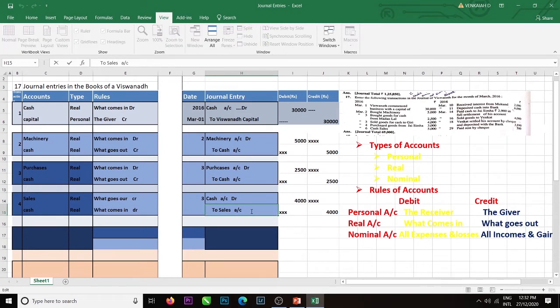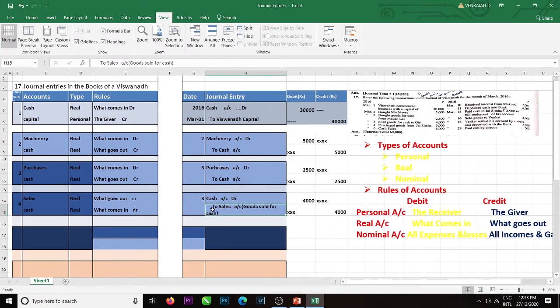We'll try to write the narration. Goods sold for cash. The narration should be in the bottom line. We'll try that one. Okay. Next one is